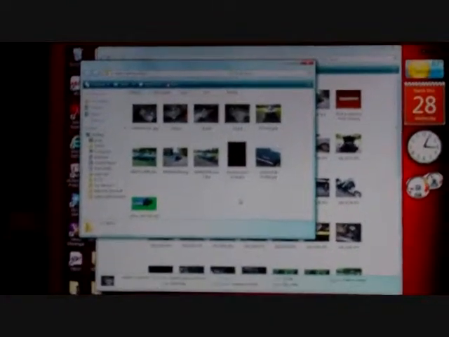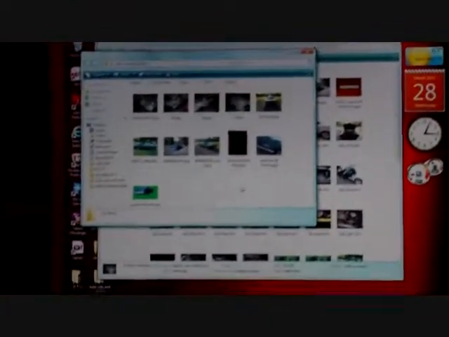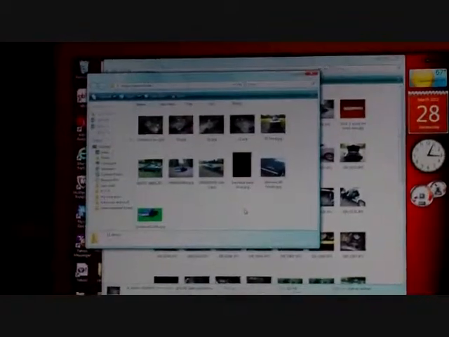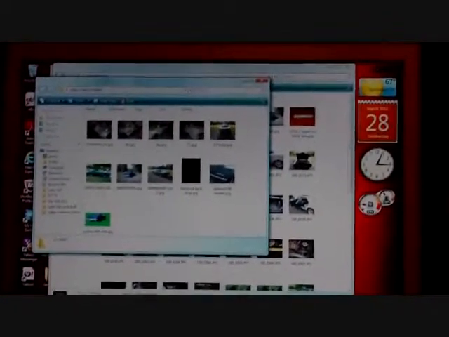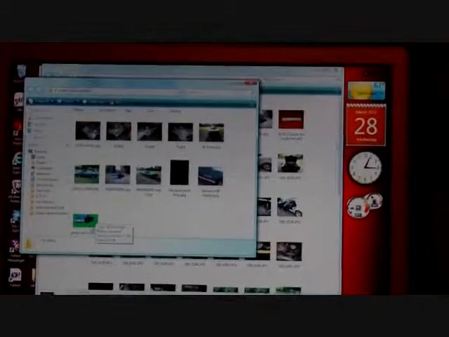Alright, so now I found the picture I was looking for. Well, it's just the back shot of my Oldsmobile. And what you want to do before you select this picture,